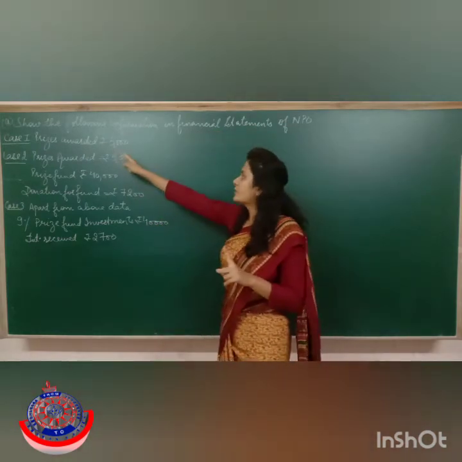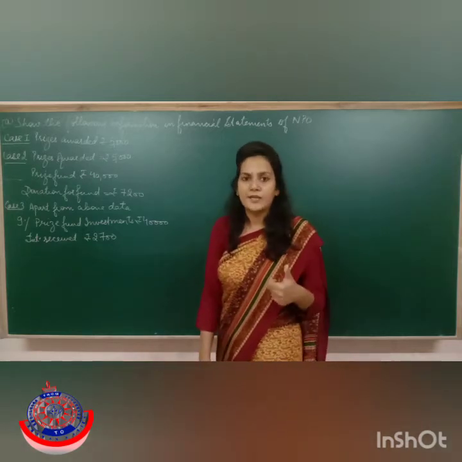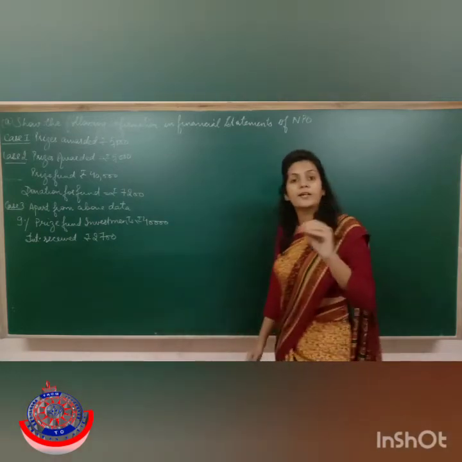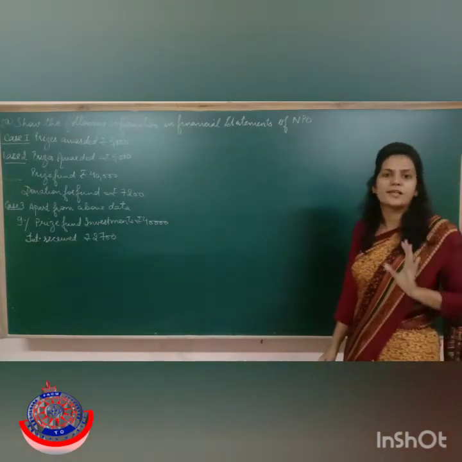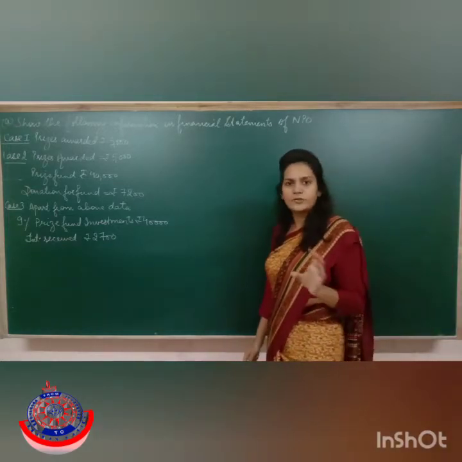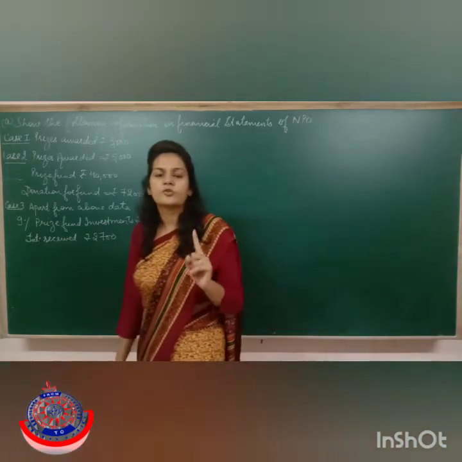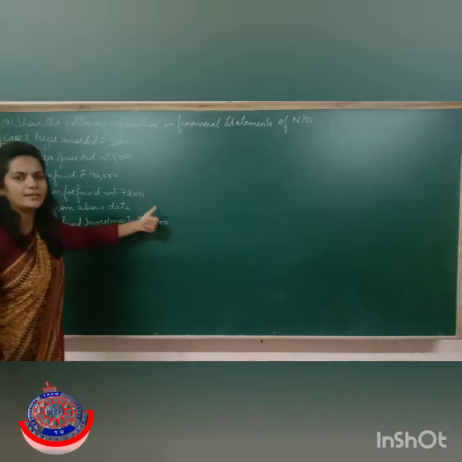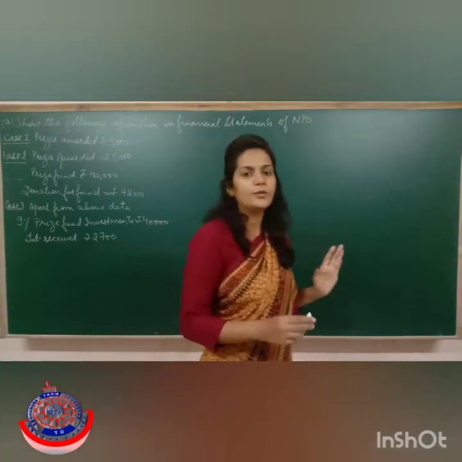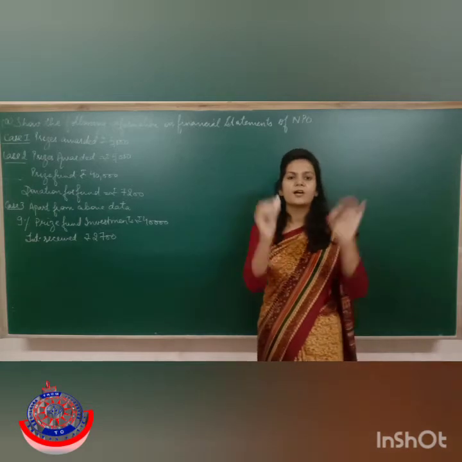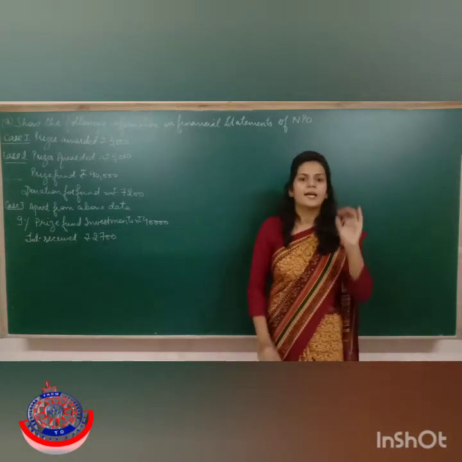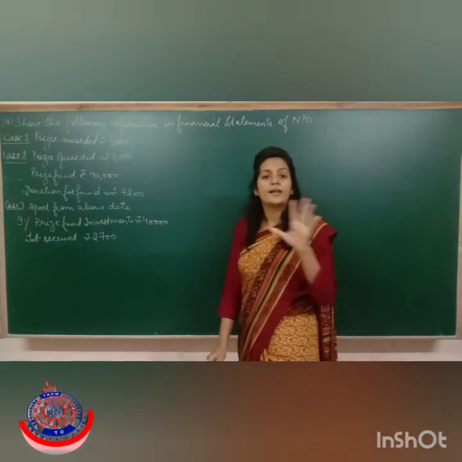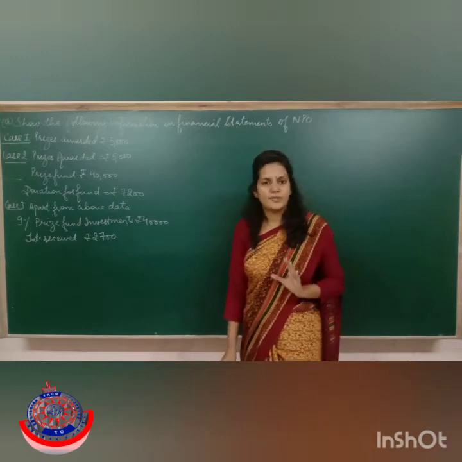For that institute, if this prize awarded is an expense, then it has to be shown on the debit side of the income and expenditure account, because in this case no fund is given from which we can take out this expense. So it becomes a normal expense for that organization. I don't think I need to explain how and where to write it. Simply make one extract of income and expenditure and write prize awarded on the debit side. And please note down the reason also. Why am I telling you this? Because in case number 1, no fund is given from where you can take out the expenses.